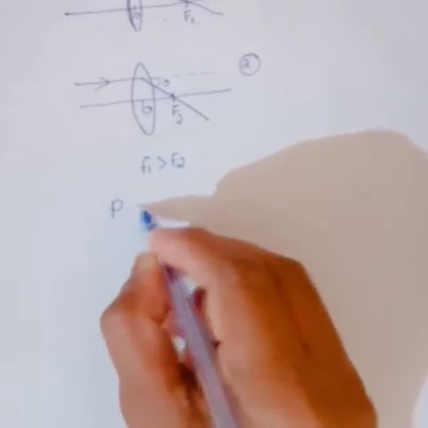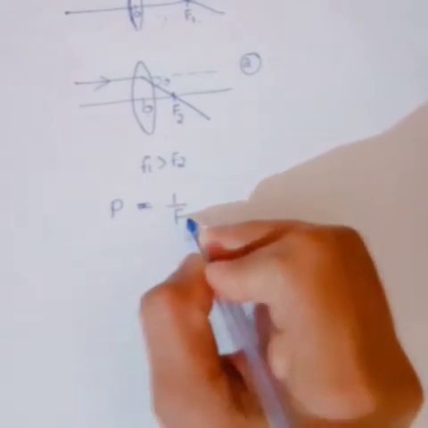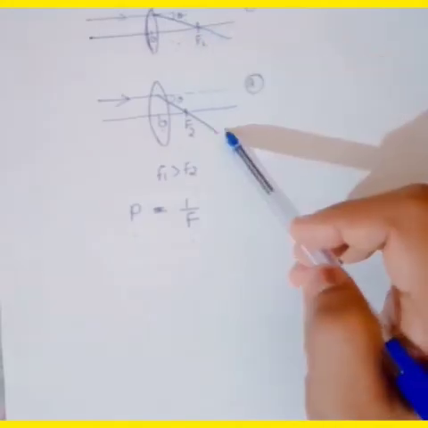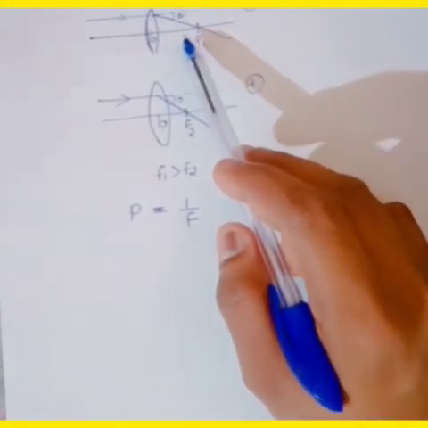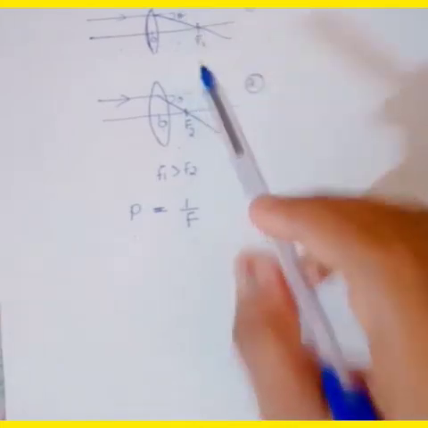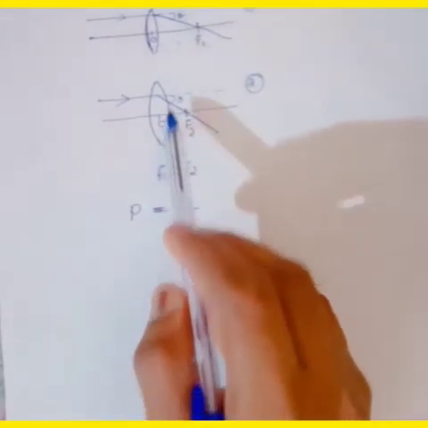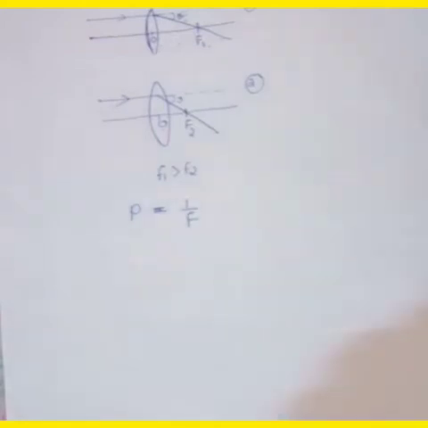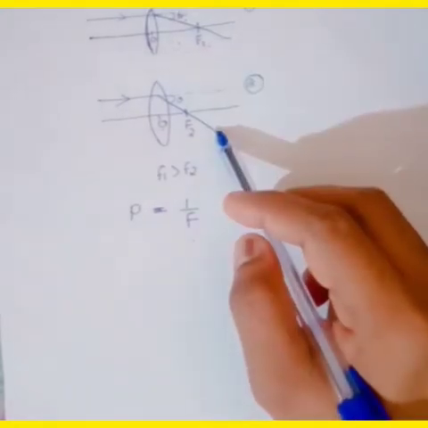P is equal to what? P is equal to the reciprocal of its focal length, meaning 1 by F. Okay, so P is equal to 1 by F is its power. And also see these diagrams. In the case of a convex lens, a shorter focal length bends light rays through a larger angle. Shorter focal length means this one. So in that case, the degree of convergence is larger compared to this lens. Similarly, a concave lens of very short focal length causes higher divergence than one with a longer focal length. So the degree of convergence or divergence of light rays achieved by a lens is expressed in terms of its focal length.